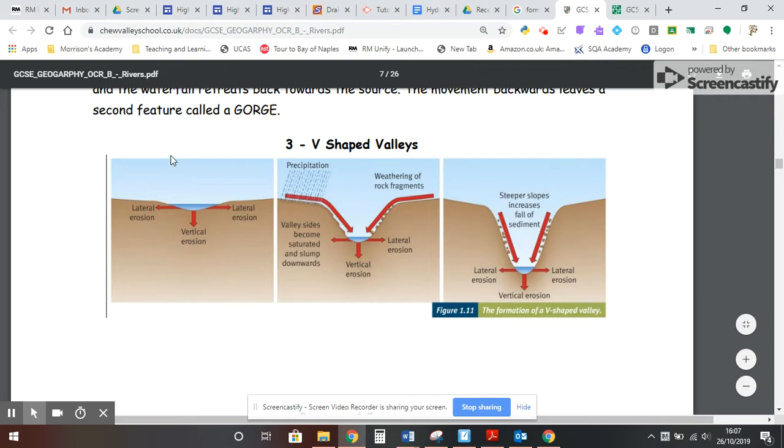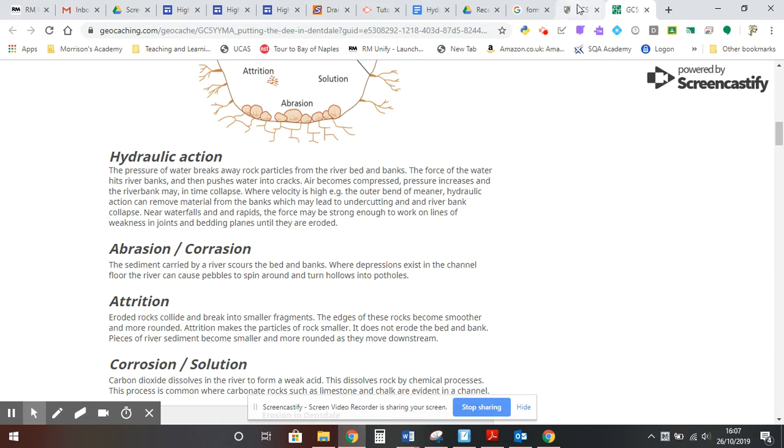So we need to start, we use this diagram because it's a nice little and simple way of doing it and explaining it. You're going to want to make sure you have your three: hydraulic action, abrasion, and this one down here, solution. I know they also call it corrosion, but solution's the one you probably want to refer to. Be ready to use them in your answer and explain exactly what they are, and that will pick up lots of marks. You'll pick up about half of your marks if you can name these and describe actually how they